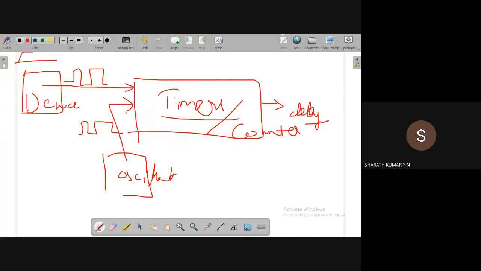We cannot apply a square pulse. No, it's not possible. You have to apply a clock pulse. These clock pulses, when applied to the timer circuit from an external device, make the timer act as a counter, and the purpose of the counter, as the name suggests, is to count the number of clock pulses. The basic intention is to count the number of clock pulses. Okay, it is used as a counter.